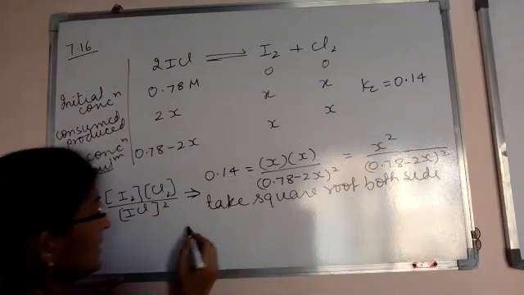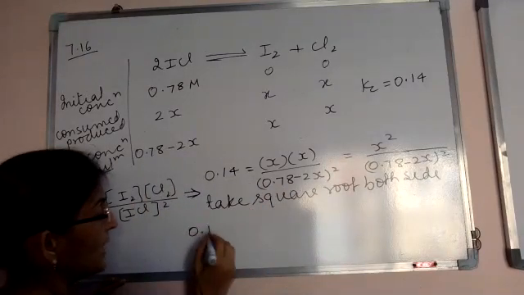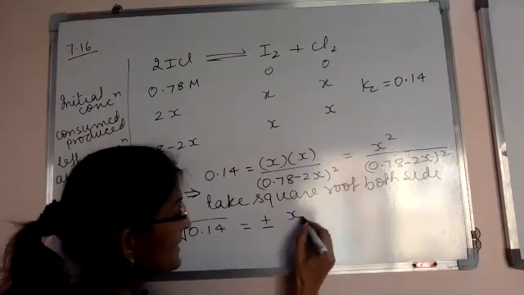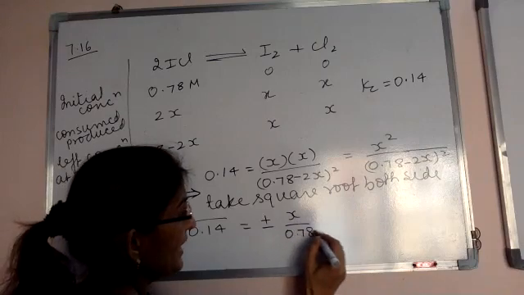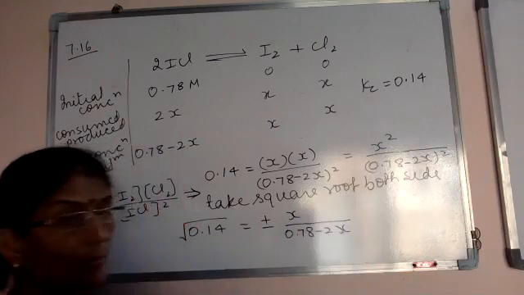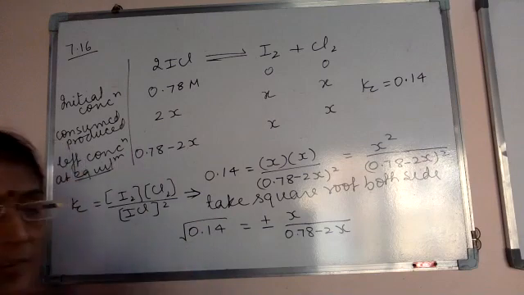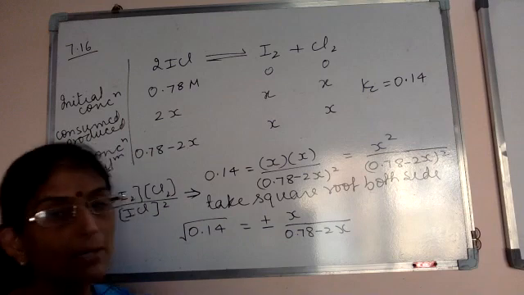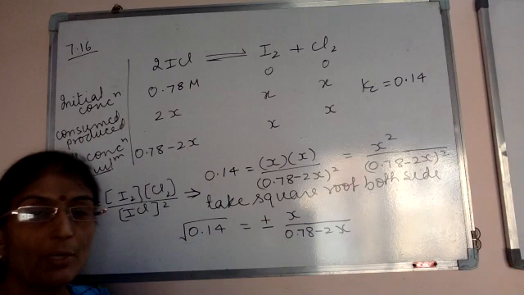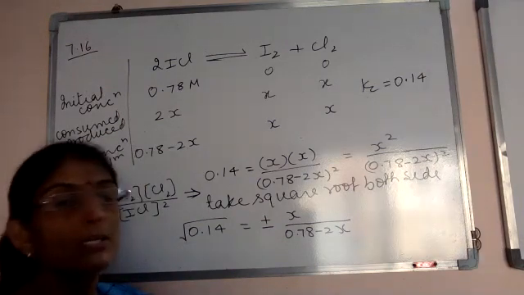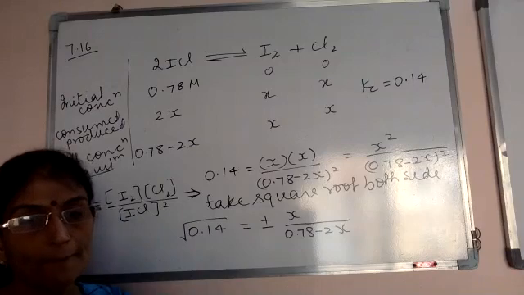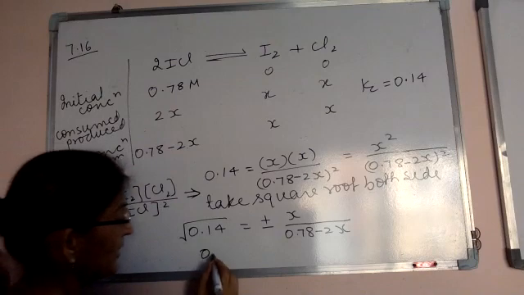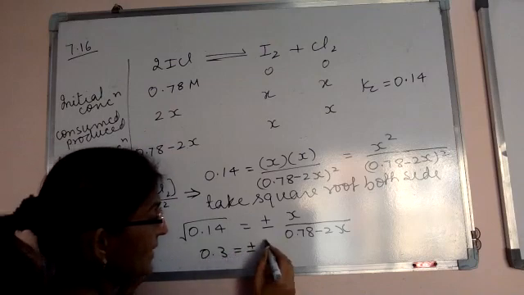What will we get? We have to take the root of 0.14. Under root of 0.14 plus minus, this would be x and this would be 0.78 minus 2x. From here the square will go away, and here we will take the under root of 0.14. We can find the root from the calculator because in the board exam calculator is allowed. So what will be the root of this? It will be 0.34 something. How much will its root come? We take 0.3. So this would be 0.3, that is equal to plus minus x upon